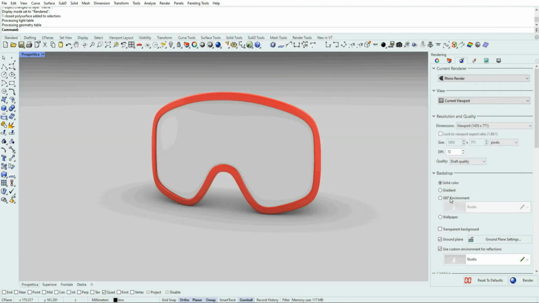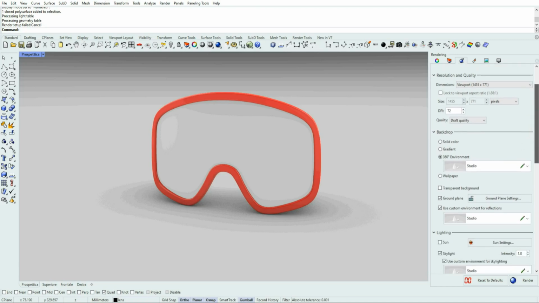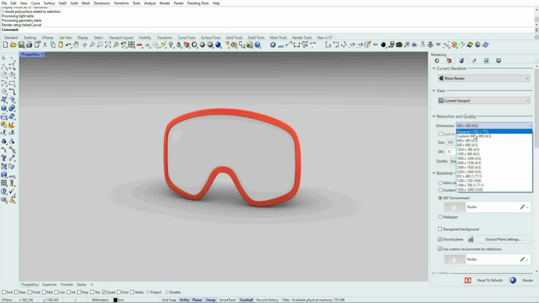I change something. For instance, I would use an environment, which makes the scene more realistic. I use the ground. In this case, I reduce the dimension of my rendering. So I use custom but lock to viewport aspect ratio.